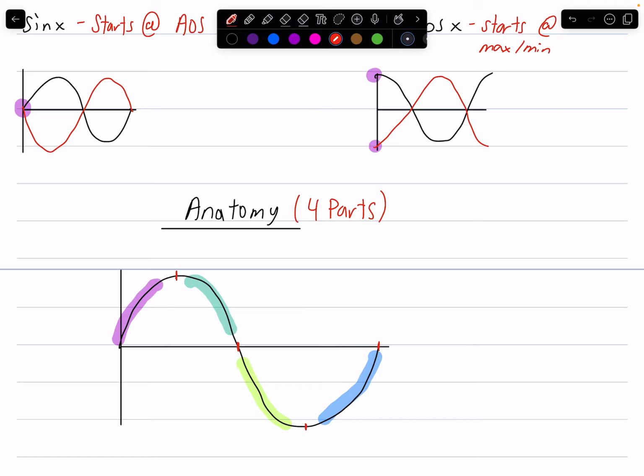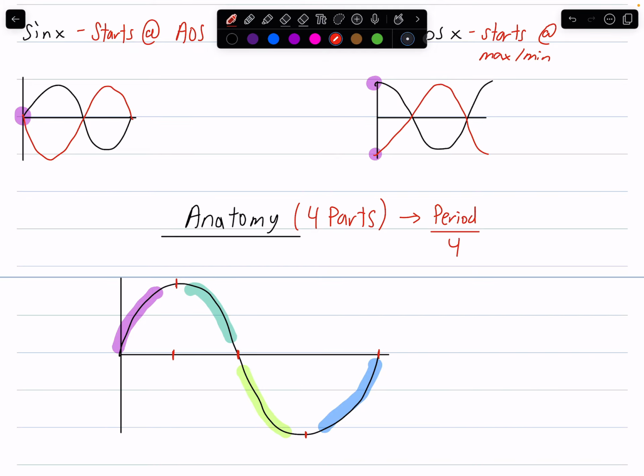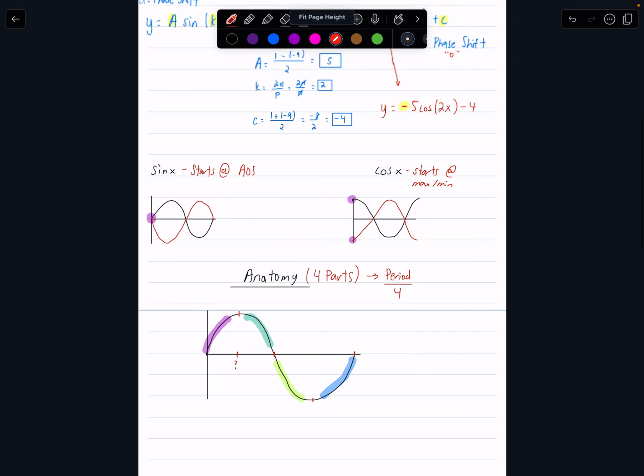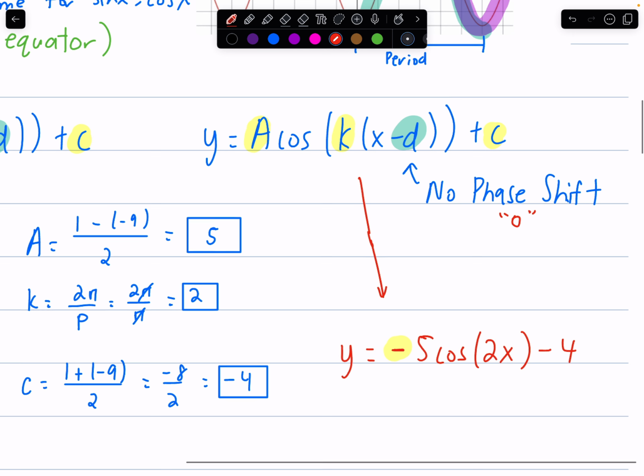And if I want to find the length of each part, all I have to do is take the period and divide it by 4. And that will give me what this term is right here. So when you understand the anatomy of the function, it becomes super easy. So I already know that the period is pi. So if I want to find the phase shift,